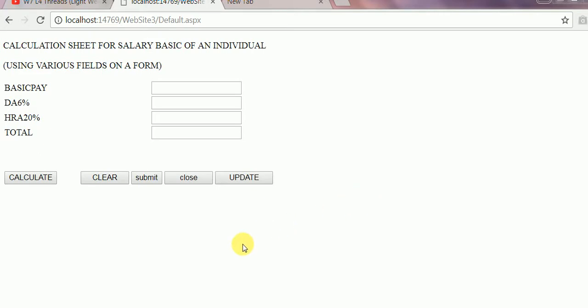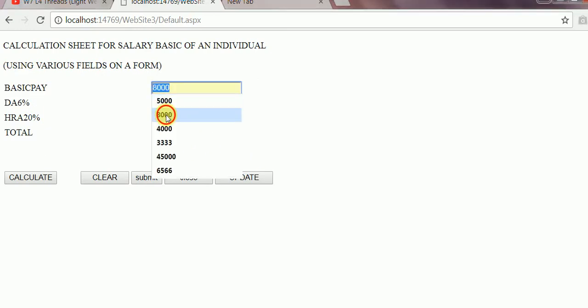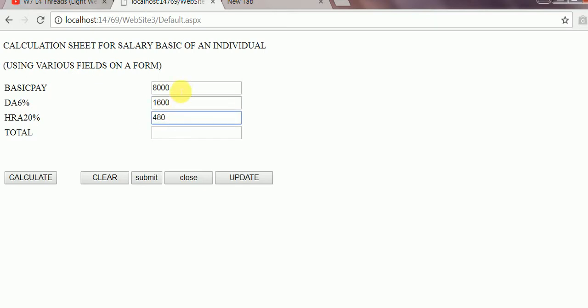I will show one more event in the console application. This is the Auto-postback event, and suppose I enter 8,000 as the basic pay. If I press tab, it will calculate these two fields automatically, DA and HRA. This event is called Auto-postback of this field, that is the text one field. It is automatic calculation, and the calculation given under this text field is shown in the returned